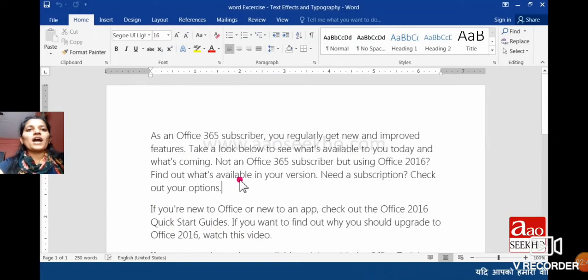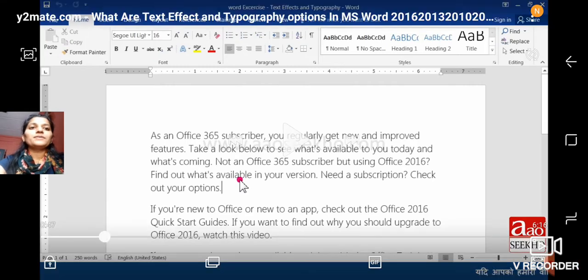So students, now I am going to show you the different options which you have to use while you type your paragraph, after typing your paragraph. First of all, in this blank space the paragraph has been typed. But when you type your paragraph, after that you have to select your paragraph.